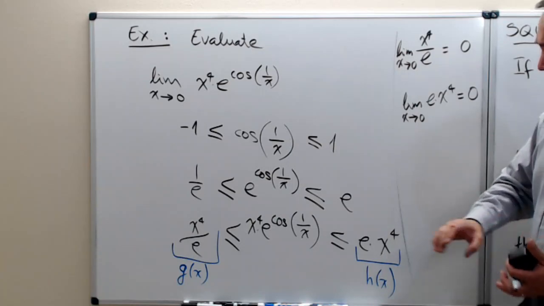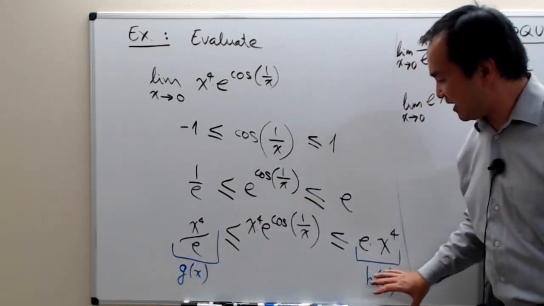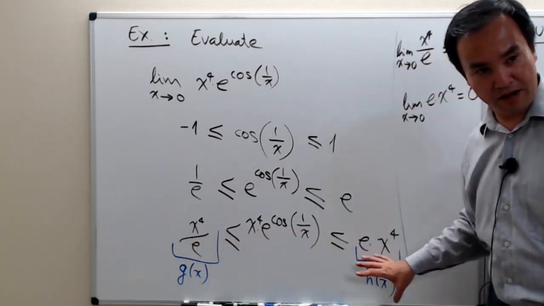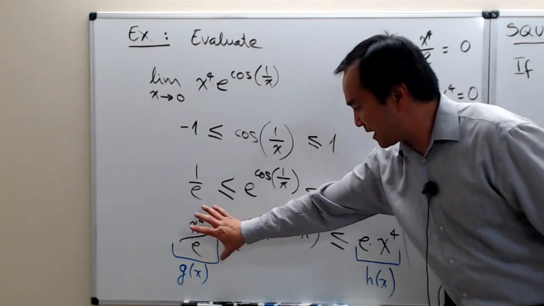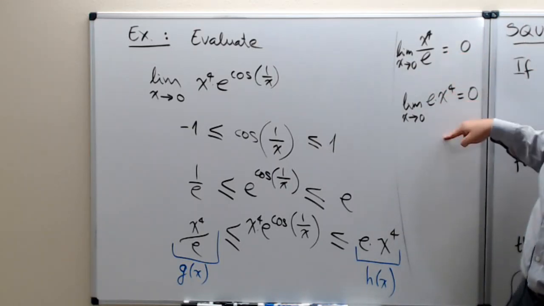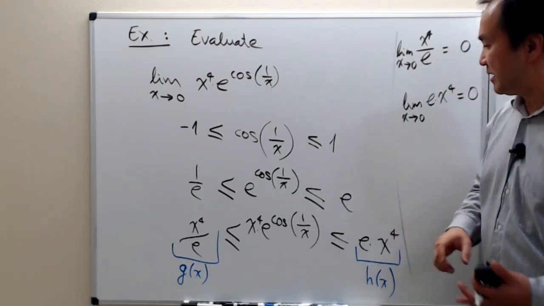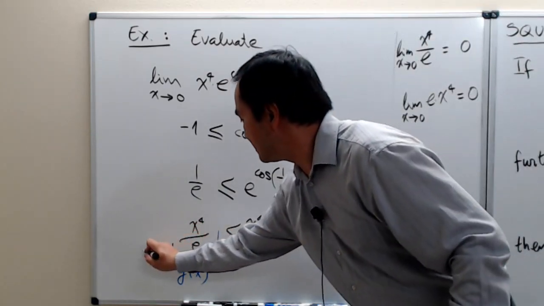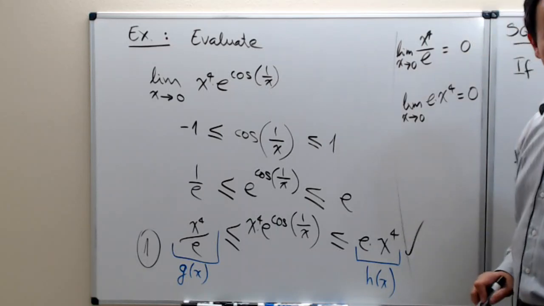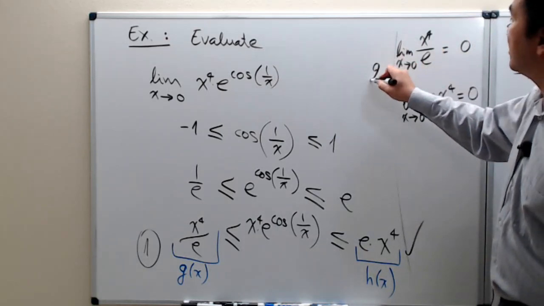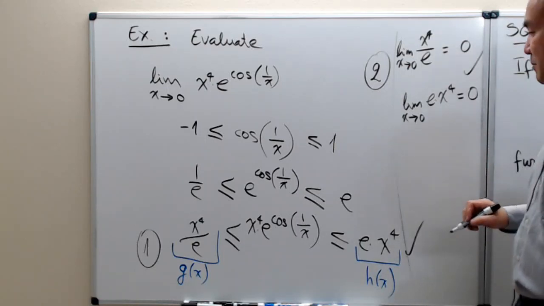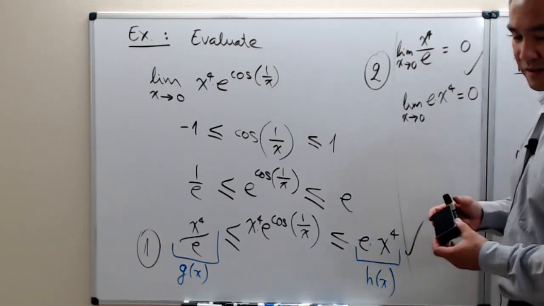So you're not only trying to get a trapping pair of inequality, but you have to get a pair of trapping functions so that it satisfies this as well. The next step here is quite important as well. The way I see this, requirement number 1 is being satisfied. Put a check mark there. Requirement number 2 is also being satisfied. And so now, ultimately speaking, my limit